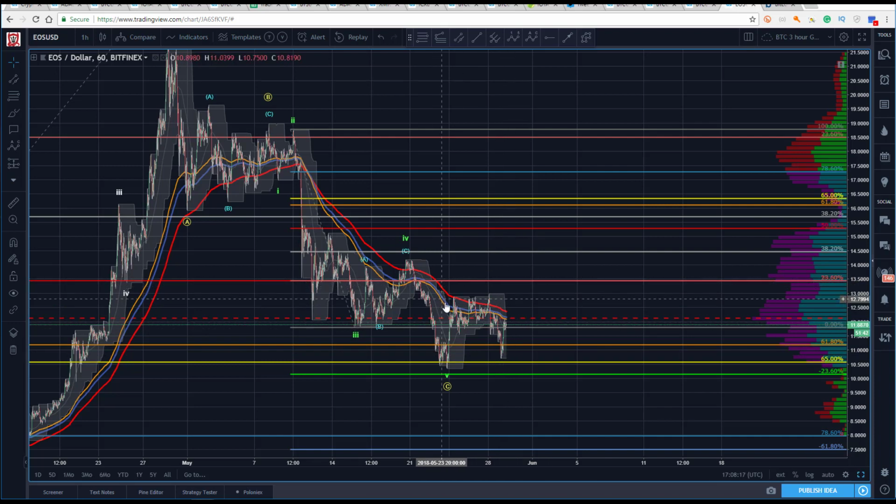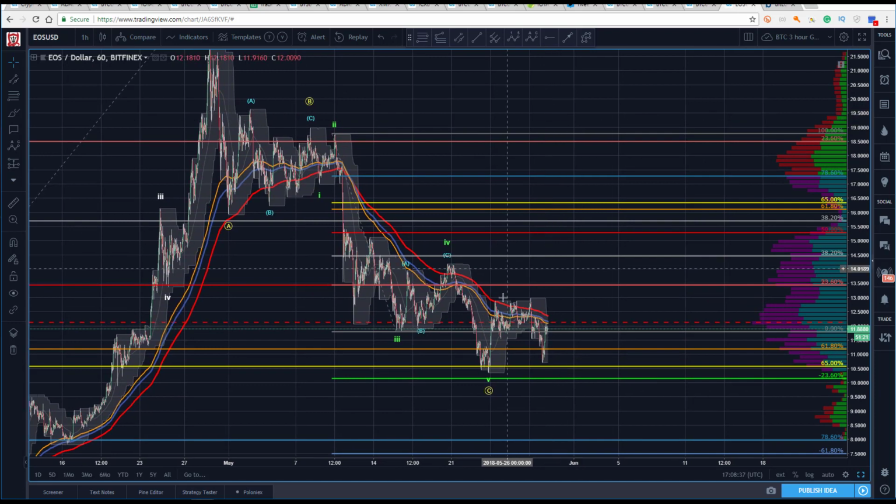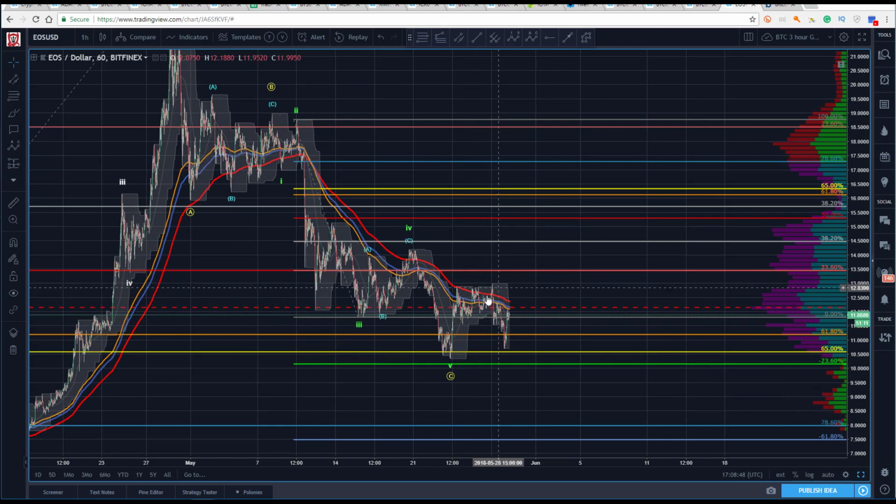So if we can start to push out of that, the more conservative approach would be to wait until we get a clear motive wave coming out of this. You want to be a little more aggressive? Maybe there's a smaller sized position here to consider with a stop under the 65, allowing for some more complex correction to unfold here. Right now, I do think that is tradable. I'm in it. I'm long. So yes, it was tradable to me. Now to everyone, it may not be as much. You could wait.